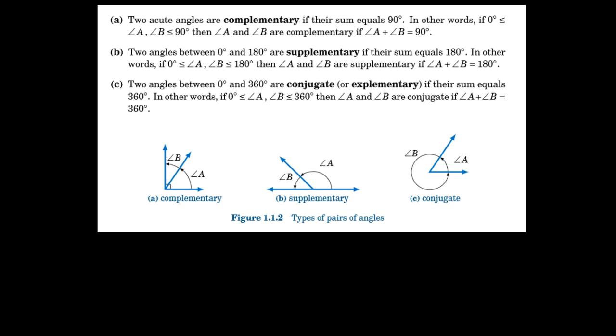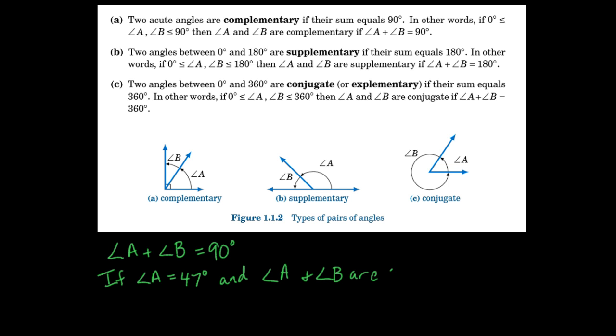Complementary angles, you may have seen that before. Their sum equals 90 degrees. So basically, angle A plus angle B equals 90 degrees. That indicates that they are complementary. So if I give you an example, suppose that angle A is 47 degrees, and angle A and angle B are complementary,